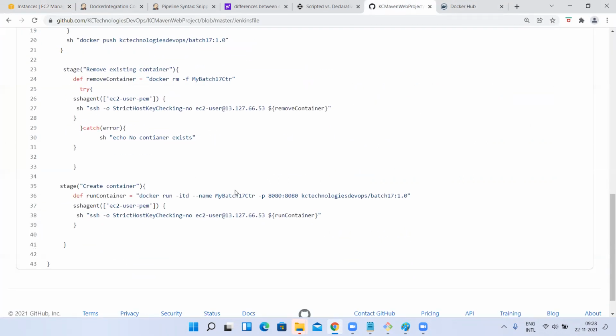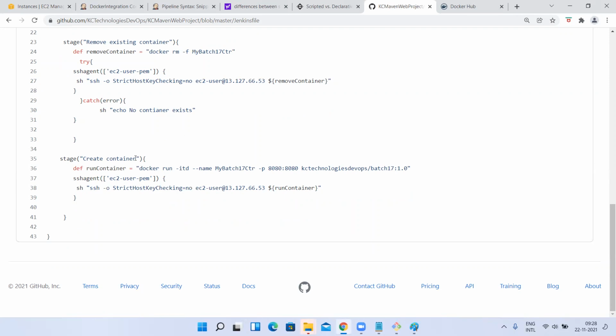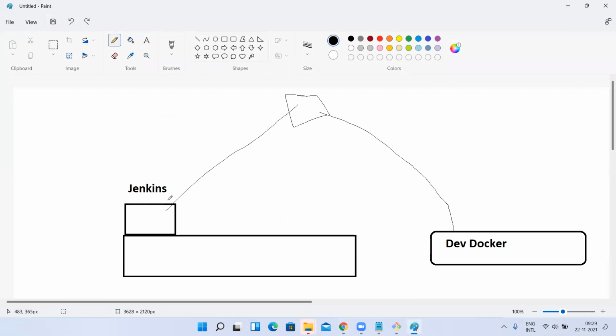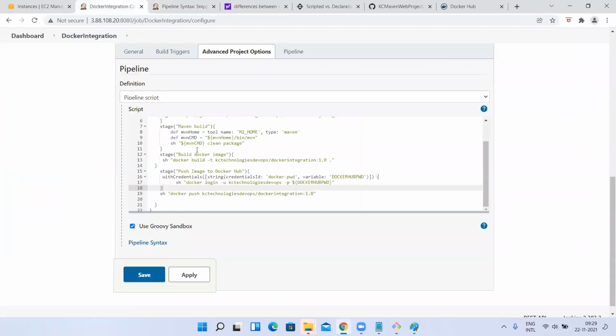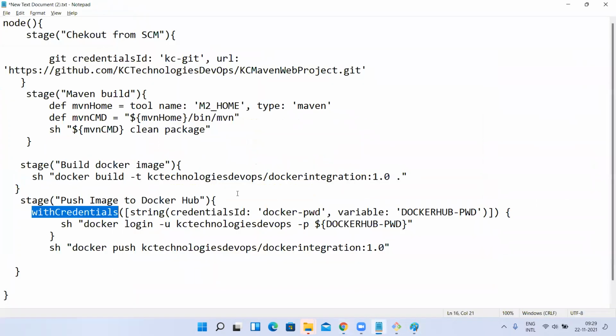For that, let me explain first. I want to connect to different servers, so I want to create one stage. To connect to that, first using Jenkins I need to connect to this server, because if I run a Docker command here, it will create the container here only. Right? Let me quickly show you in my Jenkins pipeline job. If I create a stage,